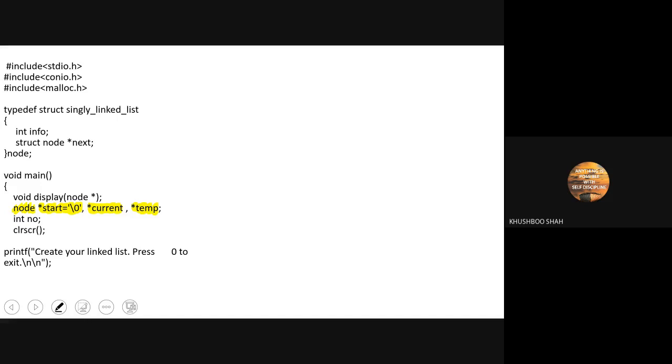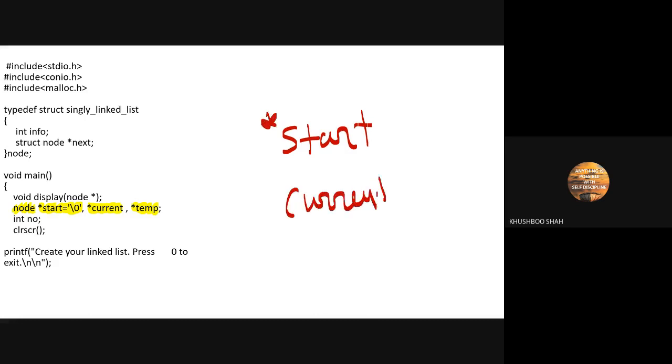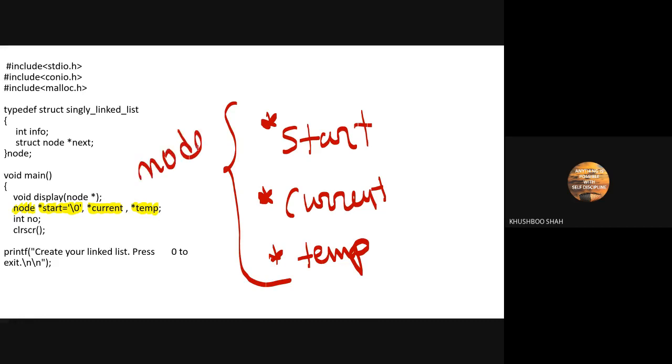The first pointer is start, the second pointer is current, and the third pointer is temp. And all these pointers are going to store the address of a node, because node is the data type of all these three pointer variables.